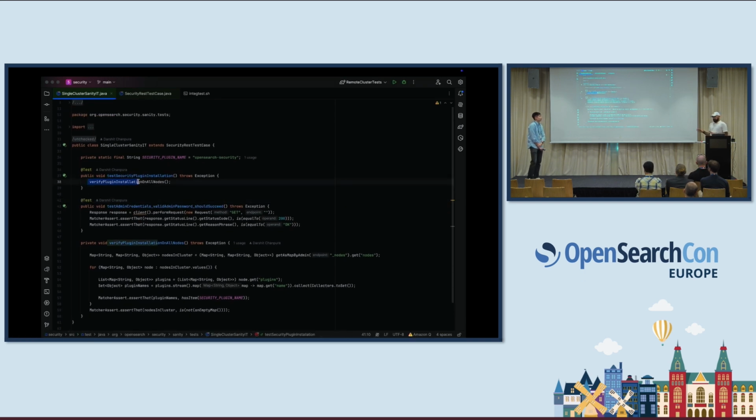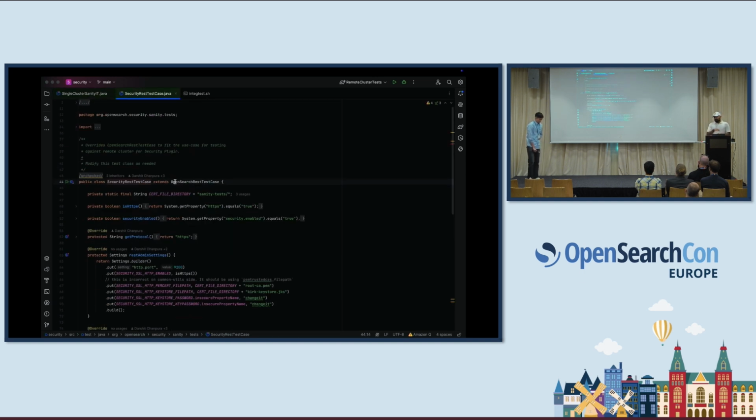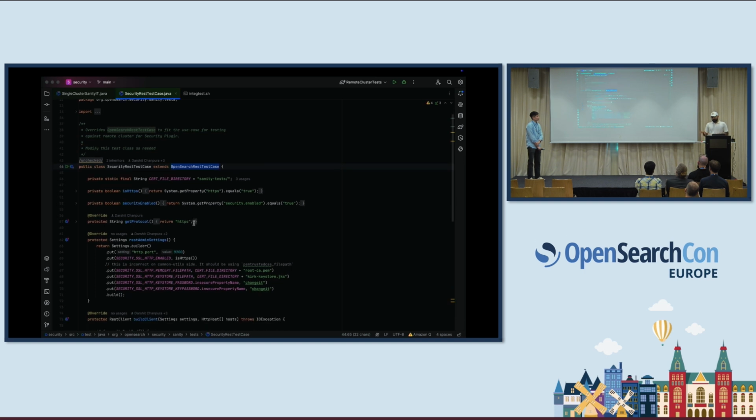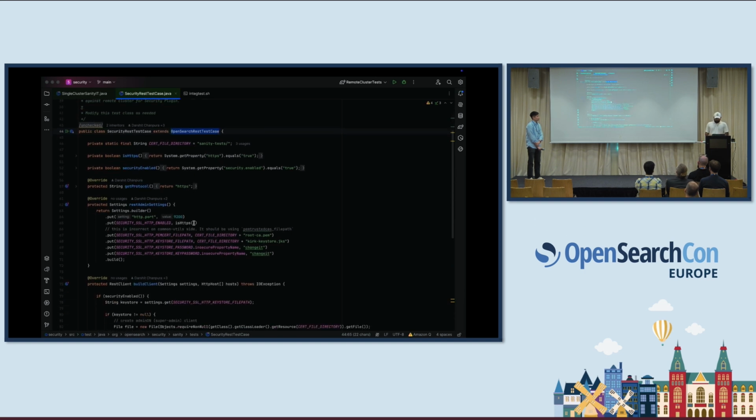This sanity test does nothing but verify whether the security plugin is installed correctly, and also checks whether you can log into the said cluster. So in this demo, we are going to cover 2 parts. One is what happens when I turn off the cluster versus what happens when the cluster is actually running. For the sake of this demo, I'm using the cluster locally on my machine. I will walk you through the